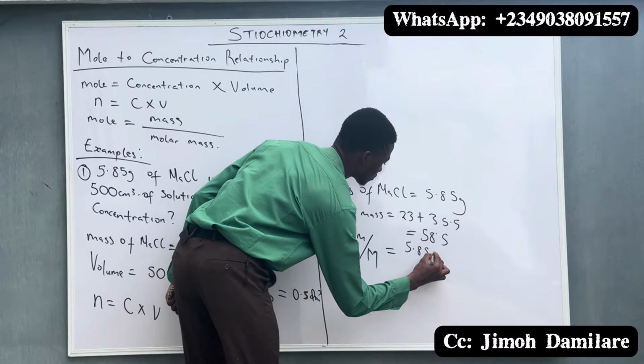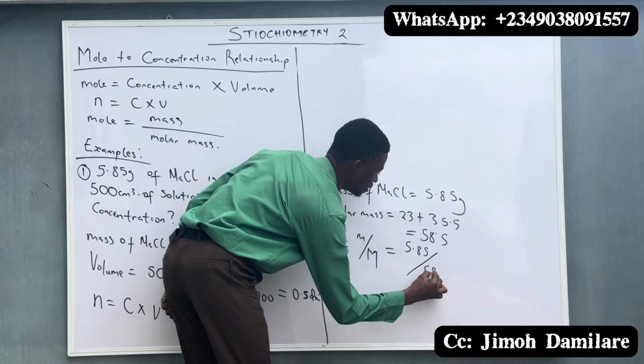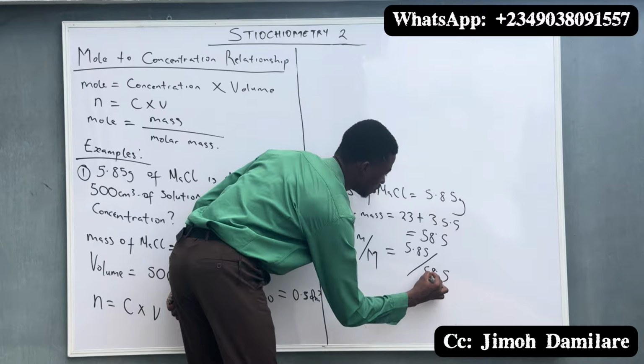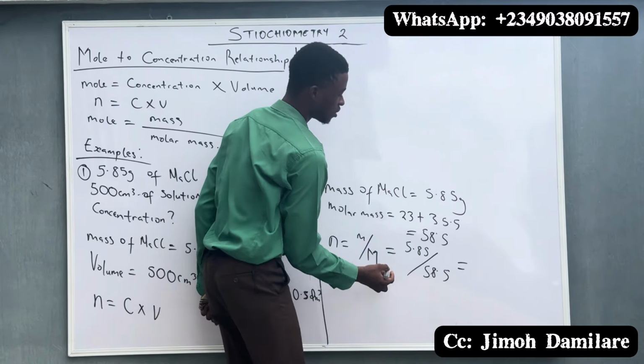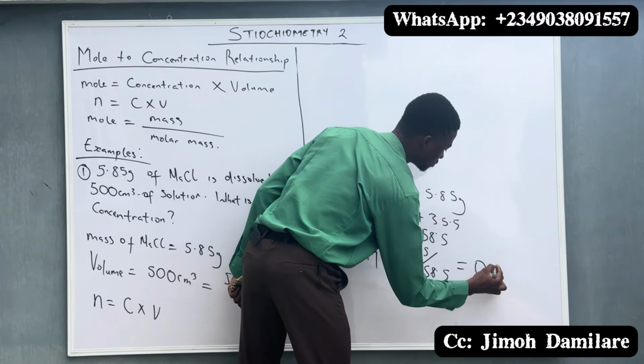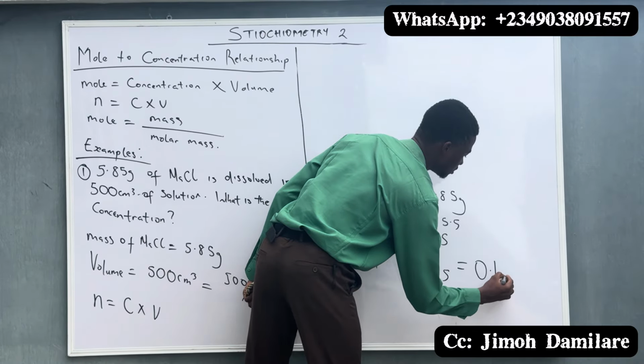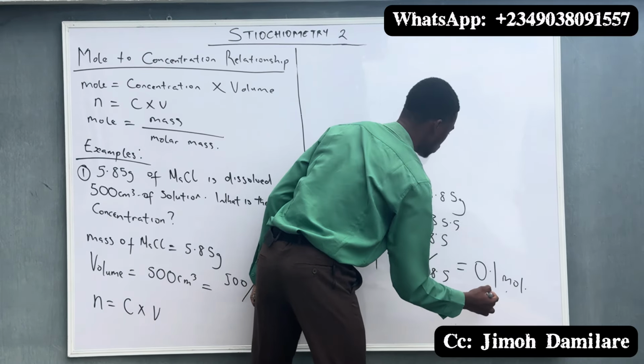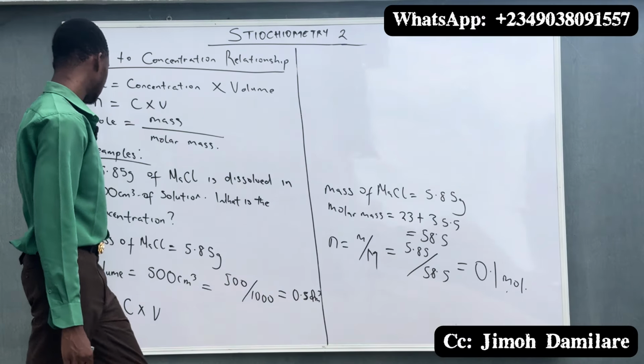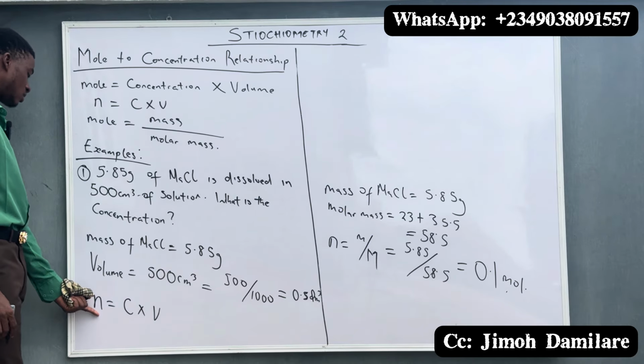5.85 gram over 58.5. So when we solve this, when you press this in your calculator, you are going to get 0.1 mole, because the unit is mole. So now that we have gotten our mole to be 0.1 mole, we can now use our formula, which is